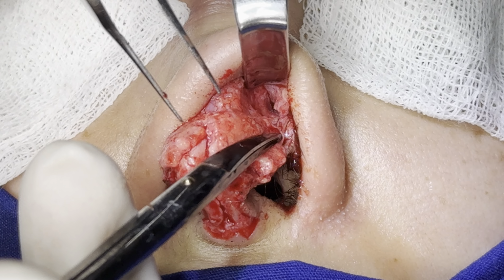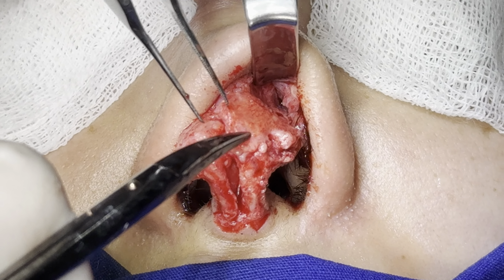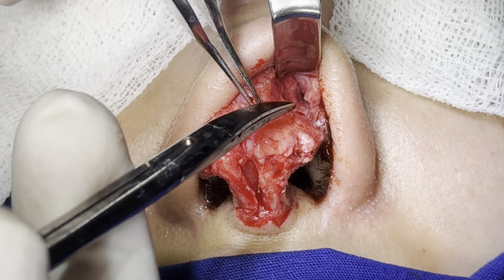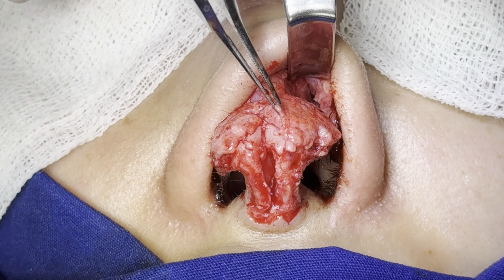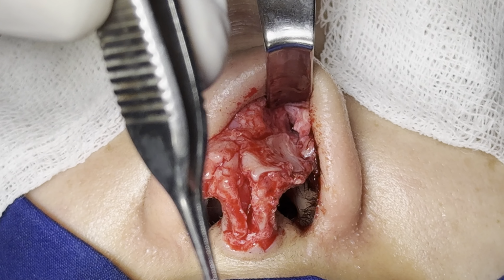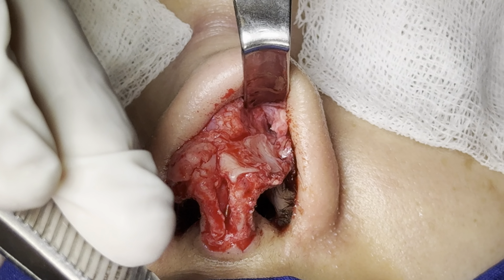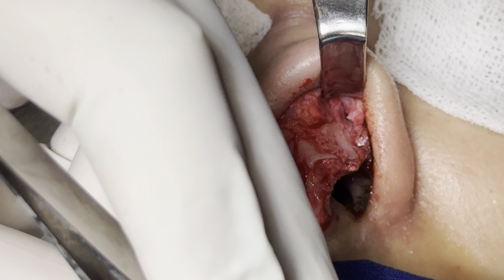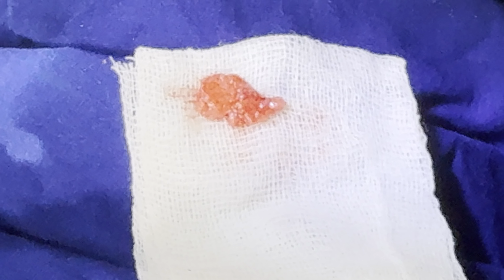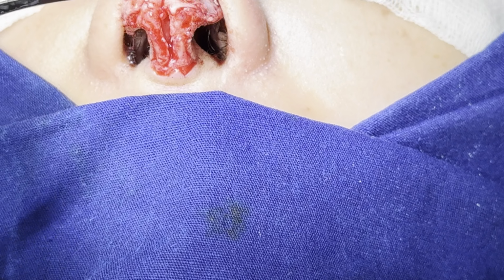Look at all the cartilage covered with this unwanted soft tissue, and because of this soft tissue, the nose loses the definition. So, and the other side,